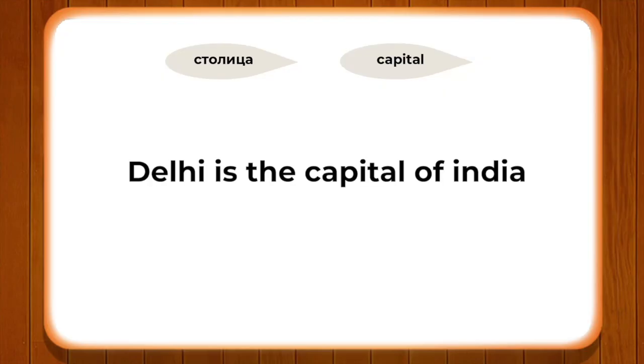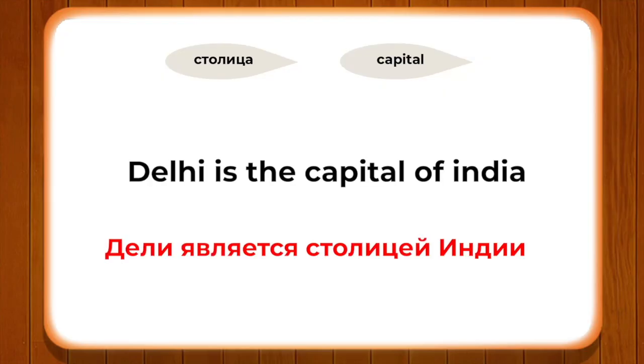So, here is another very good example. I would like to tell you about this word, which means capital: столица in Russian. It is again a feminine gender word. Alright. For example, if I want to say Delhi is the capital of India, India is Индия. But when saying Delhi is the capital of India, I have to say Delhi is Дели in Russian, because it is a proper noun. Дели столица